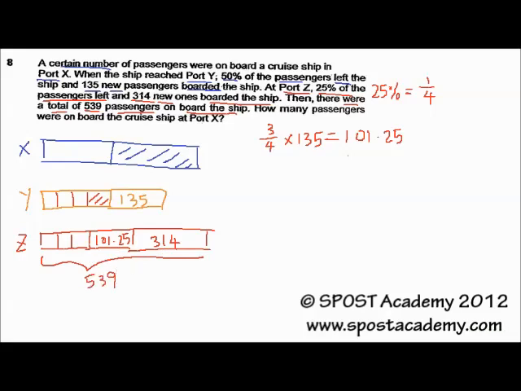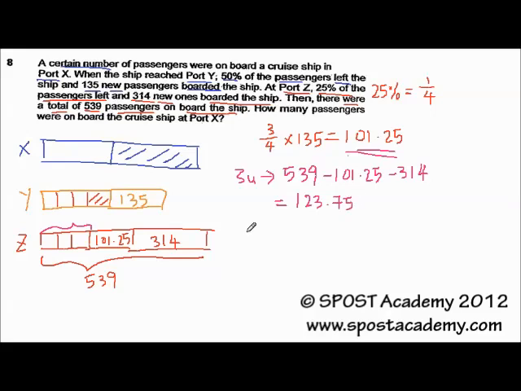So from the model, we can see that the 3 small units can be obtained by using 3 units will be equivalent to 539 minus 101.25 and minus another 314. Although there's a decimal here, it is okay. We'll just proceed on. And we will get